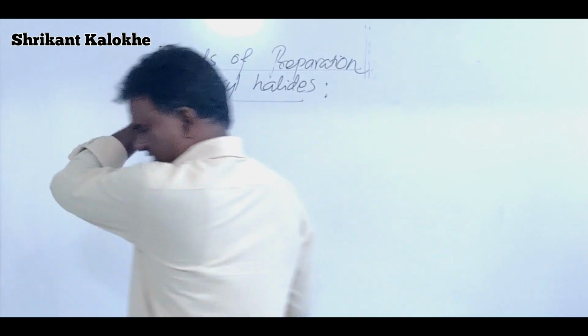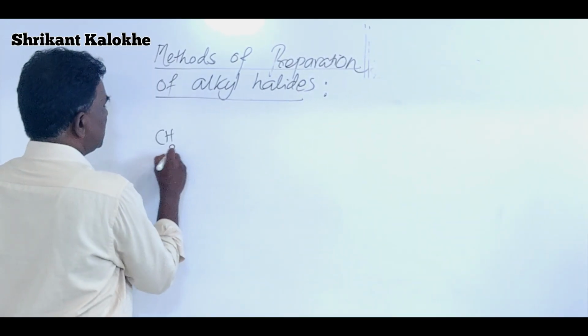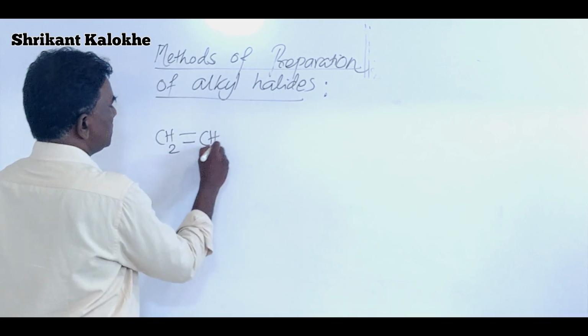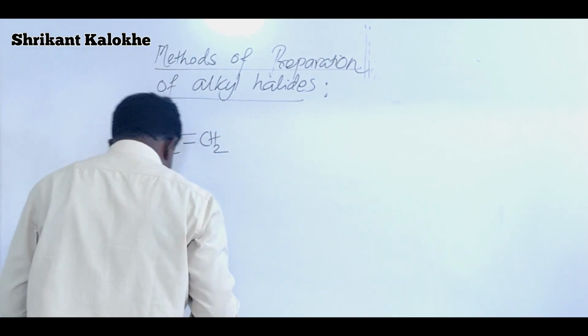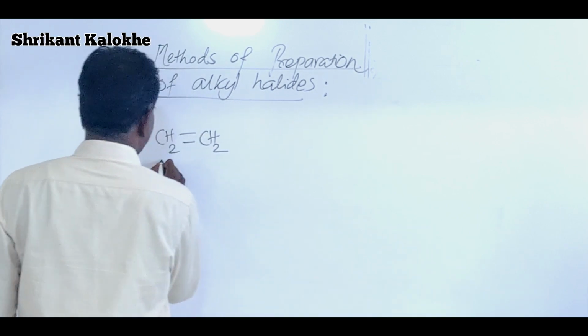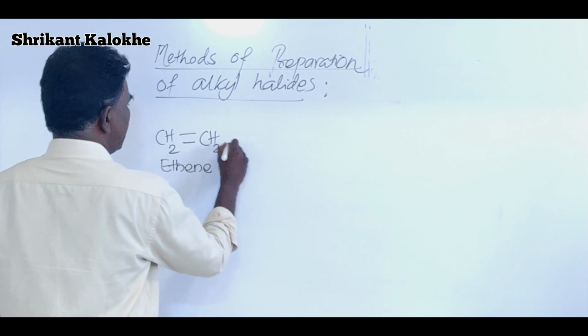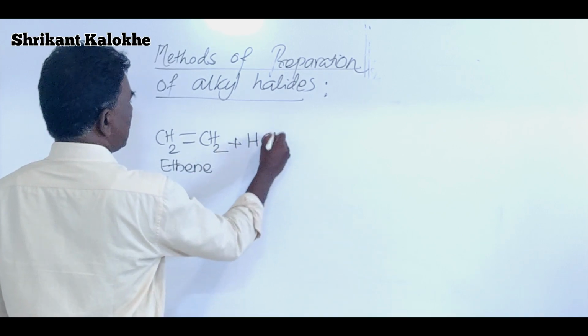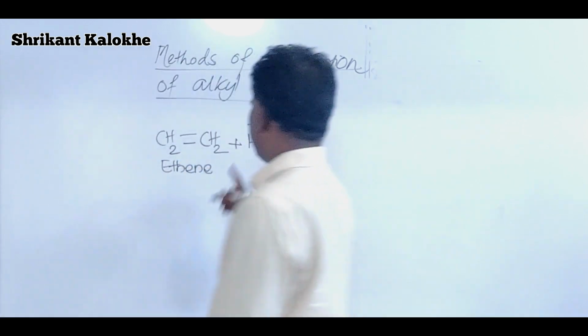Alkenes means compounds containing double bond. For example, CH2=CH2. This is one example of alkene, and that is ethene, and its name is ethene. When it is treated with, for example, HCl, you can consider dissociation of HCl into H+ and Cl-,